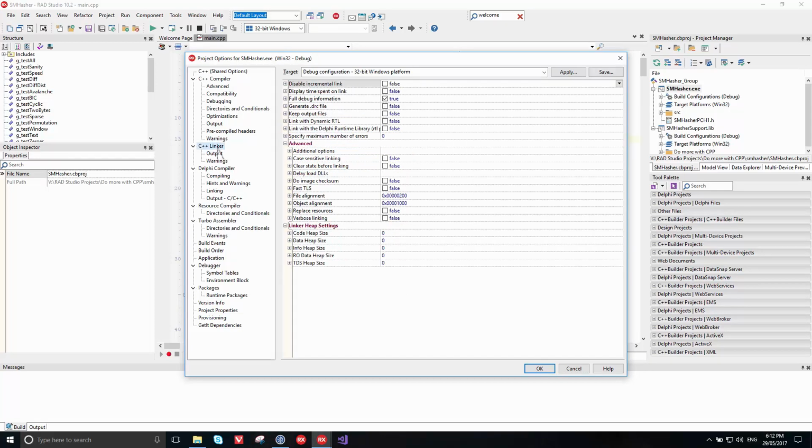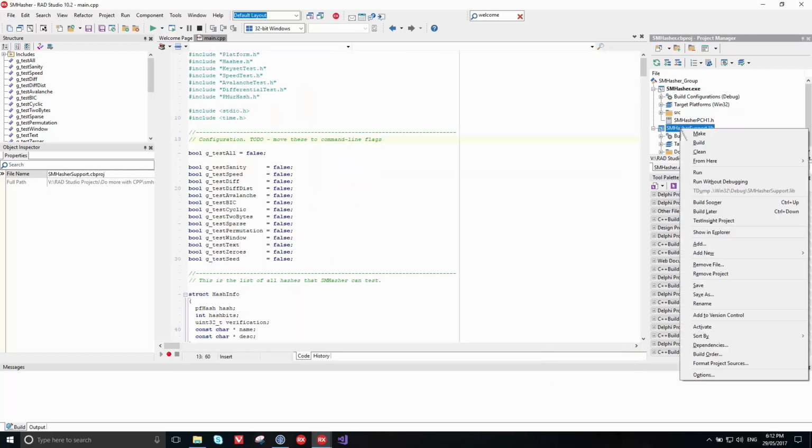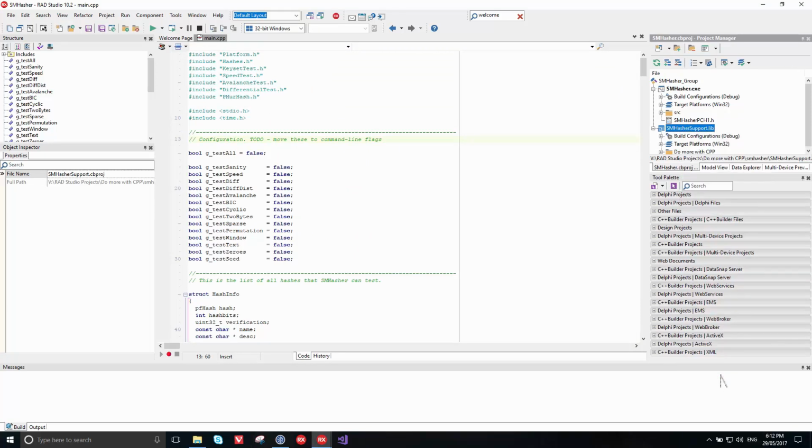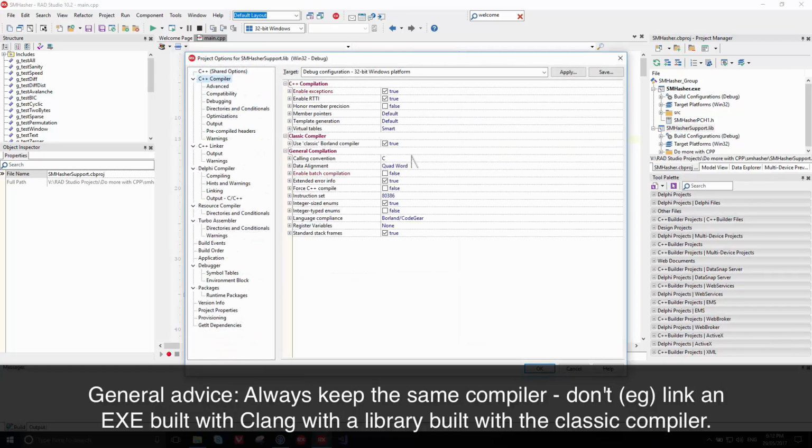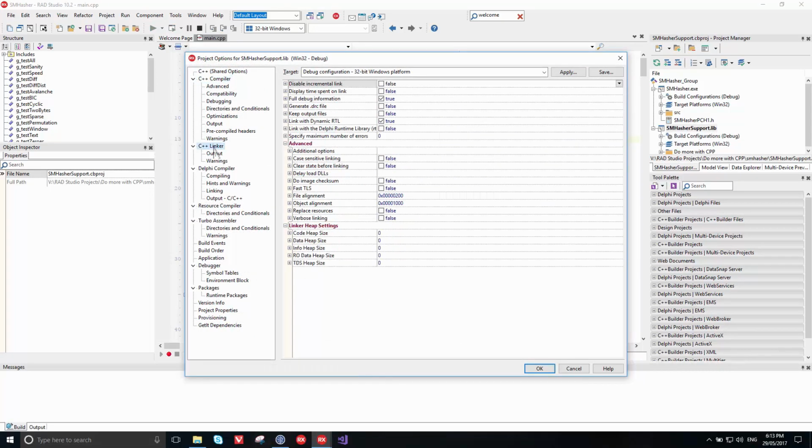And then in the C++ linker, I'm going to turn on link with a dynamic RTL and link to the Delphi runtime library. Those are both useful options. And then for the library, I'm going to set up something very similar. In the C++ compiler, I want to turn off use the classic Borland compiler. In tlib, in the C++ linker, I want to make sure that the dynamic RTL is on, the same as the